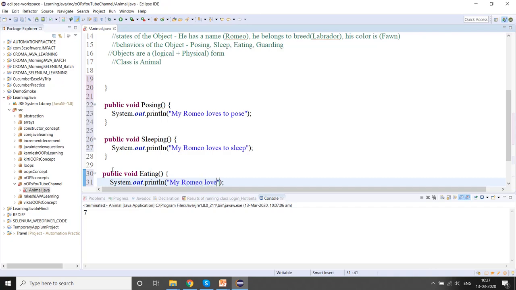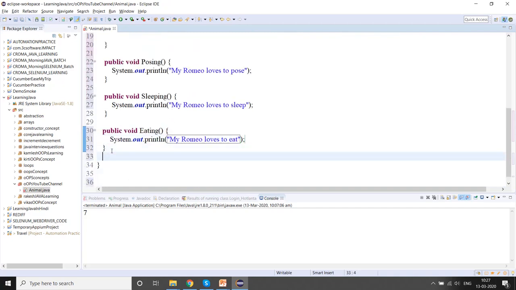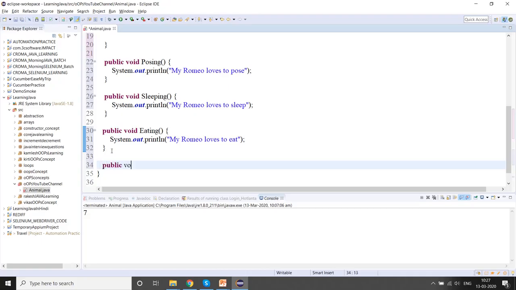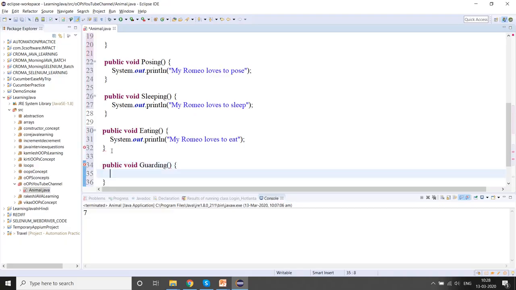My Romeo loves to eat. Okay, then we'll have another public void. What was the other one? Guarding. Oh, he doesn't love to. So I keep forgetting things. Okay,